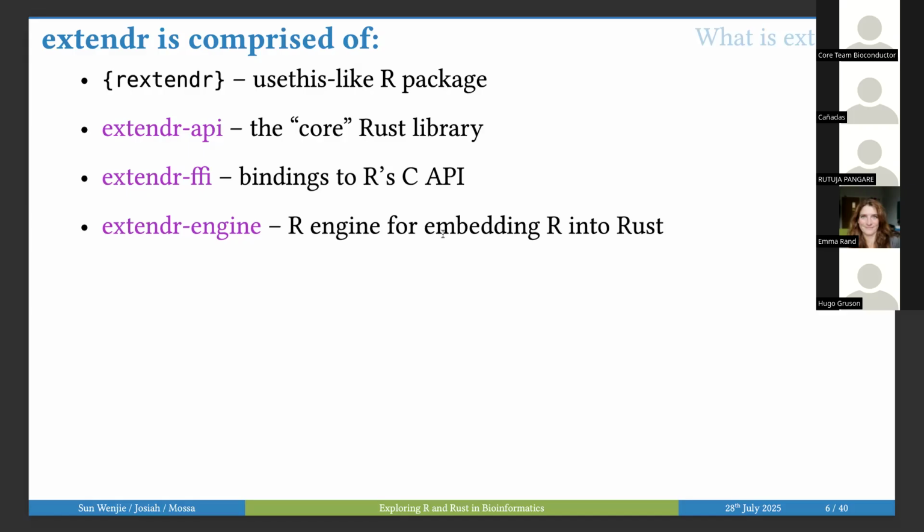And then underneath it, we have the extendr-engine, which is not actually used in building R packages. Instead, what this lets us do is start an R process inside of Rust. So you can imagine that you're creating a CLI tool or some sort of binary or even a desktop application. You can start and call R from inside of that binary using the extendr-engine and process the results as native Rust structs.